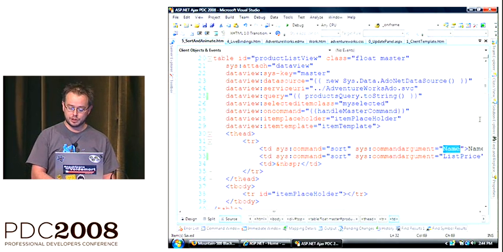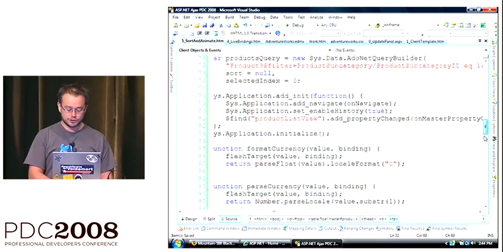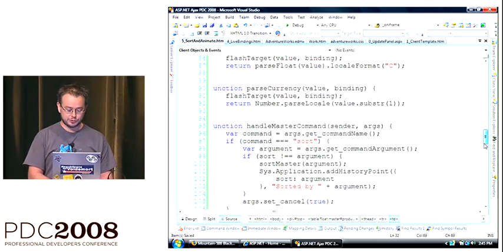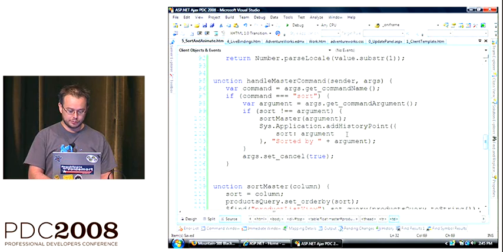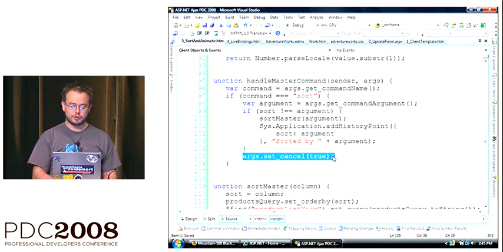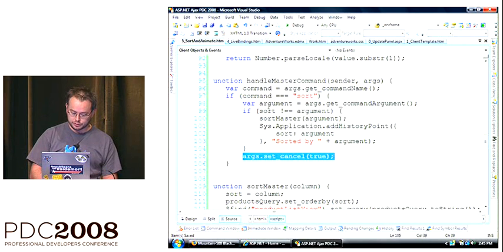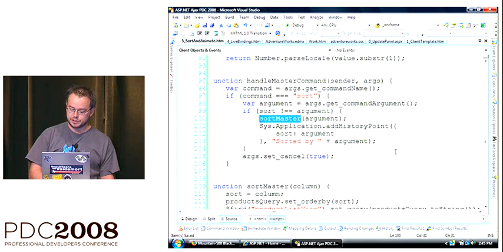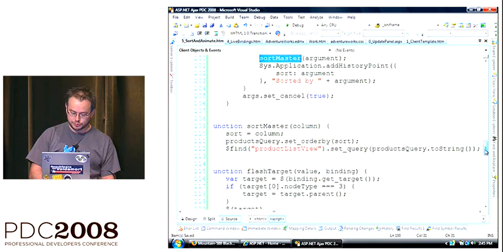So that's very simple. And if you look at the actual function that does the sorting, it's really interesting. So handle master command is here. It gets the command. Well, first it looks, do I understand this command? No? Well, have a nice day. Yes? Oh, okay, I'll handle that. So in the case you handle the command, you have to cancel the bubbling up of the rest of the command. But the interesting part is actually happening here. So in this sort master,